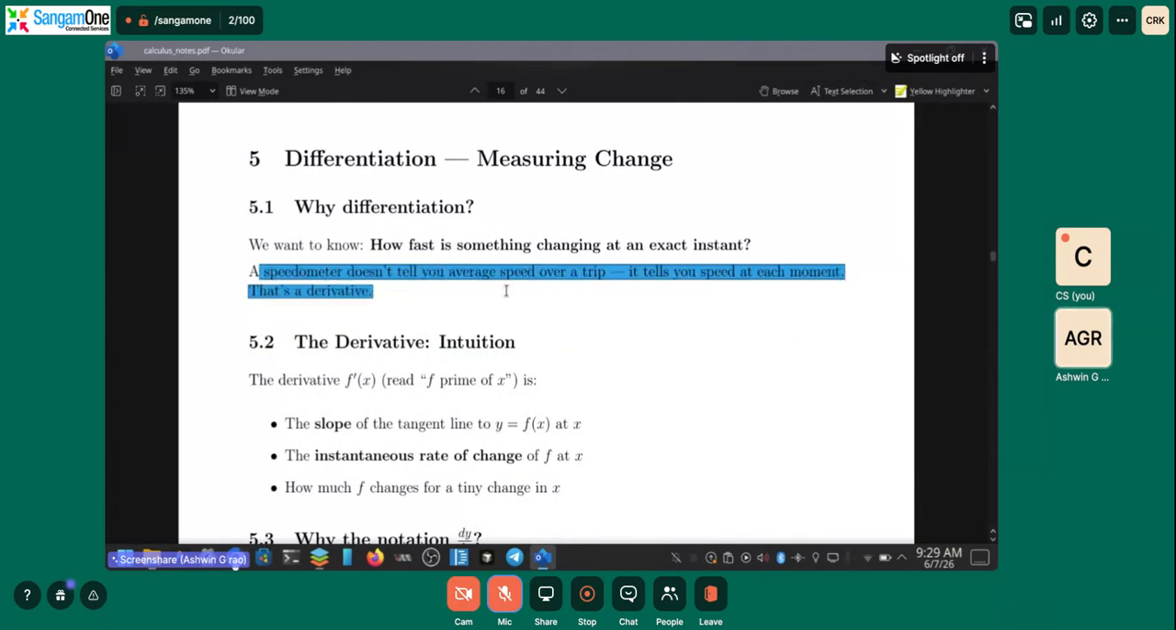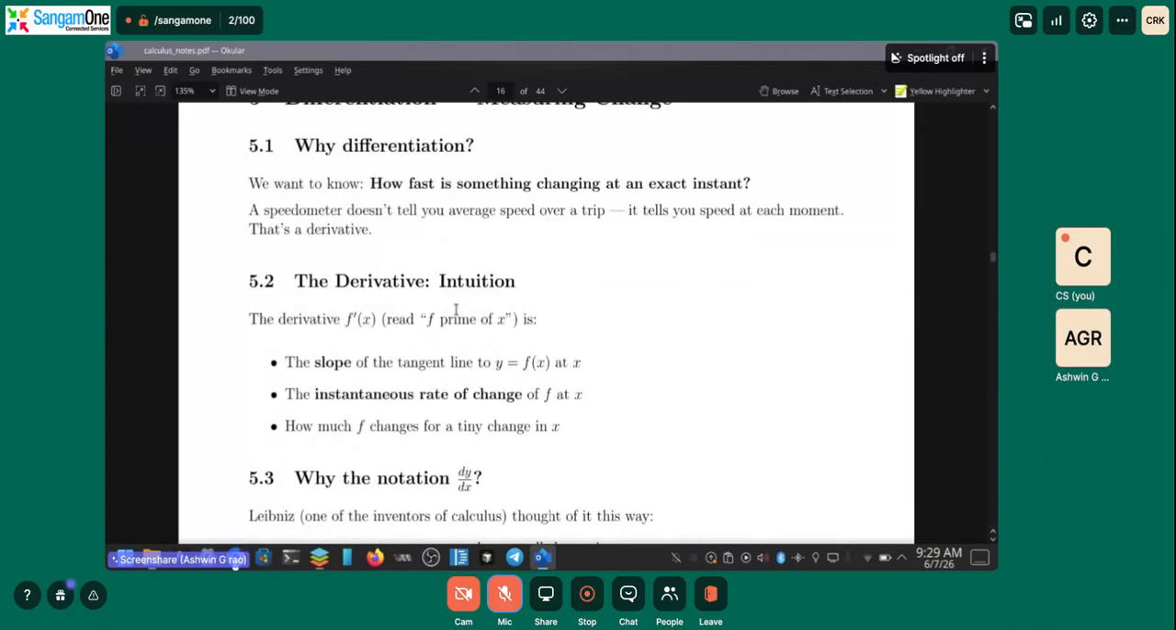That speedometer doesn't tell you average speed over a trip. It tells you speed at each moment. That's the derivative. The derivative f dash of x, f prime of x, is the slope of the tangent line to f of x at x, the instant rate of change of f of x, and how much f changes for a tiny